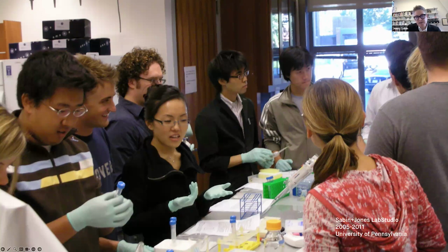And students from architecture, science and technology studies, medicine and engineering engaged collaboratively in a hybrid lab and studio environment. And this starting point is what ultimately informed Lab Studio, which Peter and I co-founded in 2006, just before launching this course. It really serves as a foundation of thinking and working, a set of methods and tools that continue to drive what I'm doing here at Cornell in my lab,